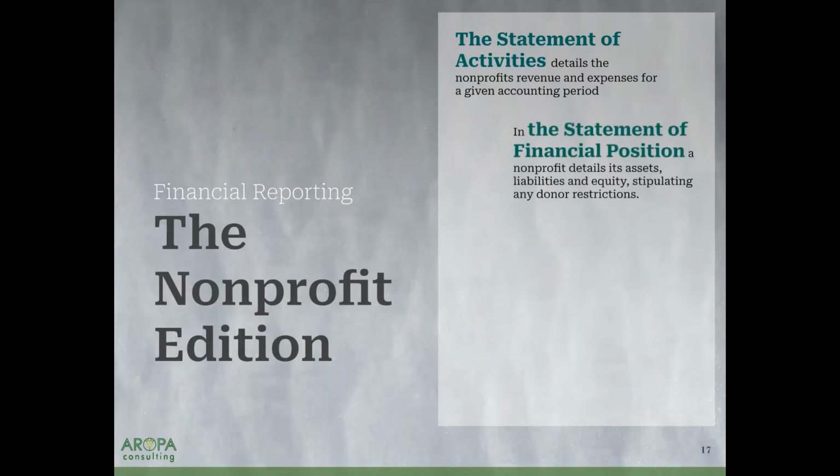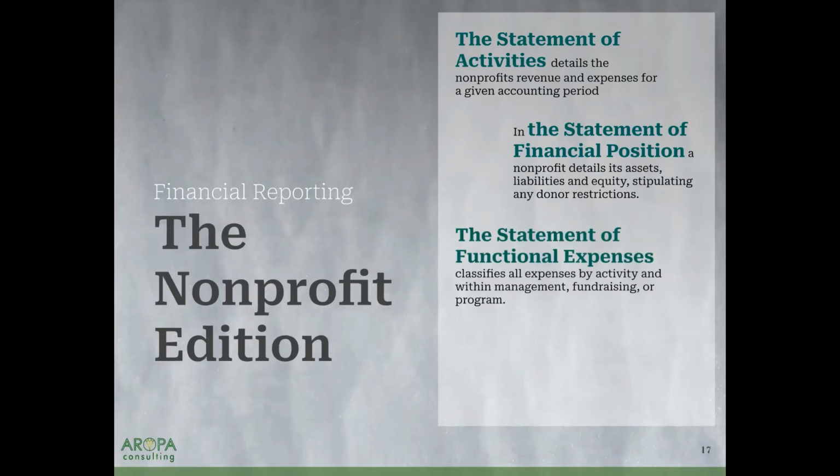Whereas the statement of financial position, in the for-profit context known as the balance sheet, details our assets, our liabilities, and our equity or net assets with donor restrictions. So notice already that the two primary reports are heavily focused on restrictions. That is why it is so important to understand what the donor has stipulated about the money they are giving you. That is the central key to unlocking all of the other parts of your reports.